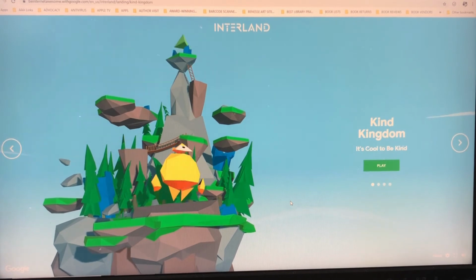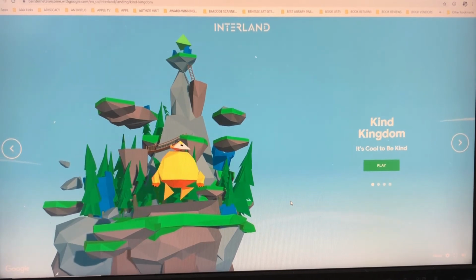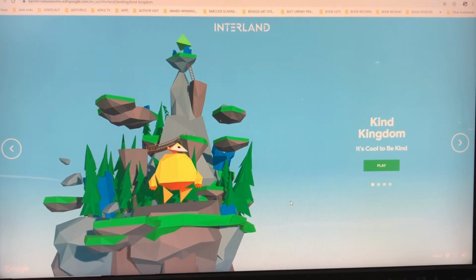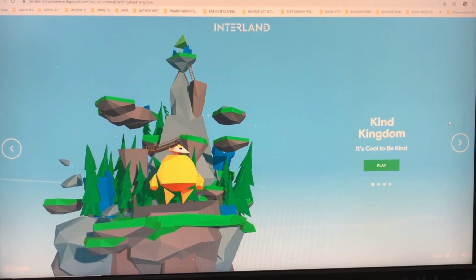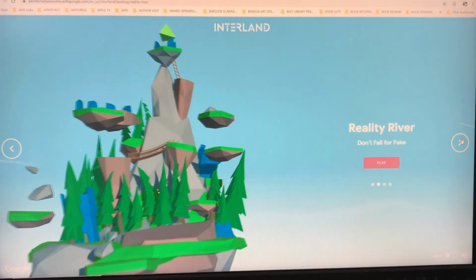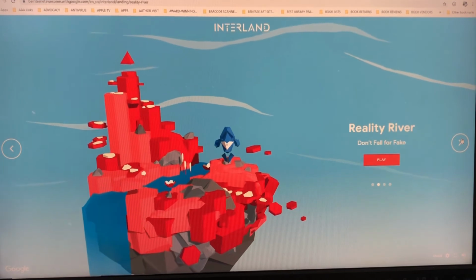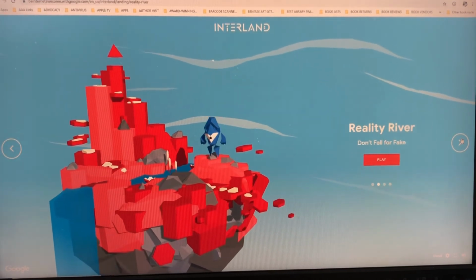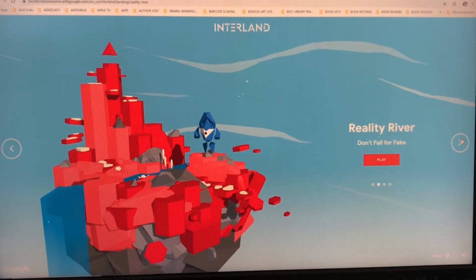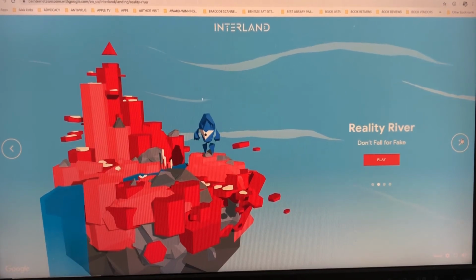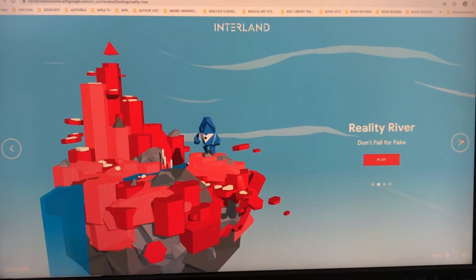Kind Kingdom, okay? This teaches you the importance of being kind and polite when you're using the internet. Let's hop to another one. Reality River, you learn that there are people out there on the internet who are trying to trick you, maybe even put spyware or viruses on your computer.